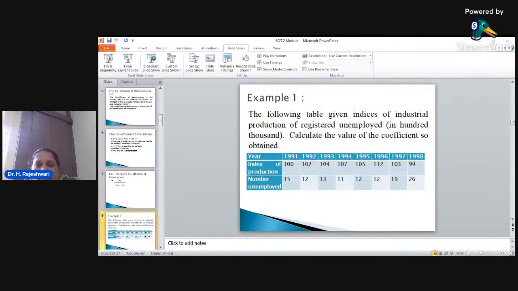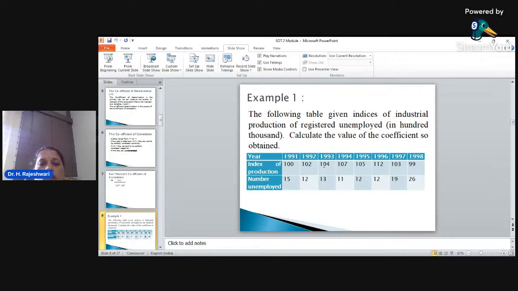Yes, it is negatively linked, because as the production increases, more people get employment. As the production increases, the number of unemployed decreases. Hence, it is negatively linked. Next, you note down the values: